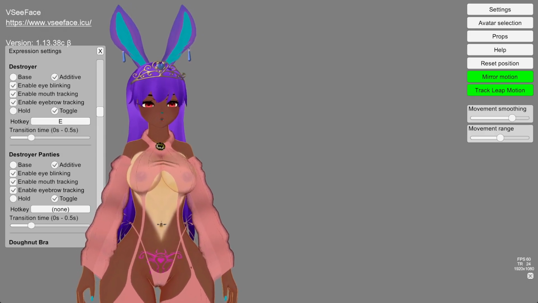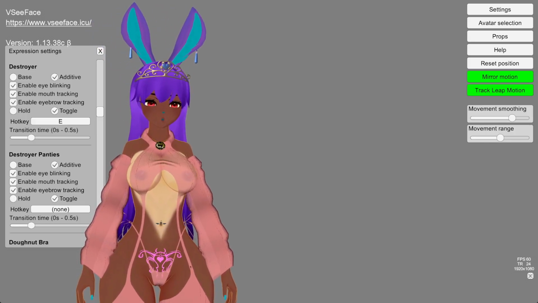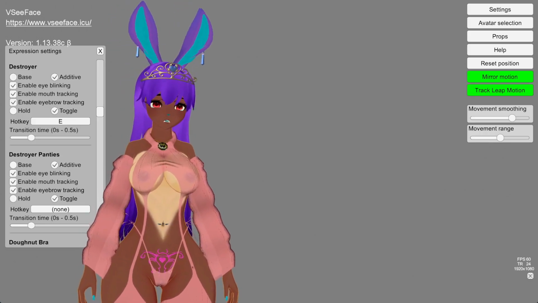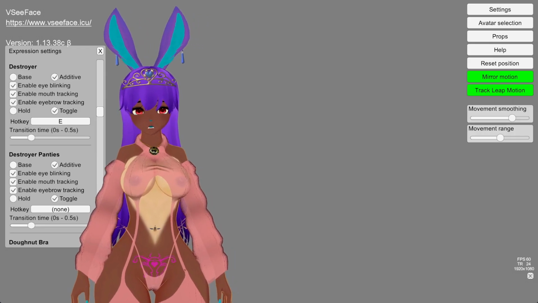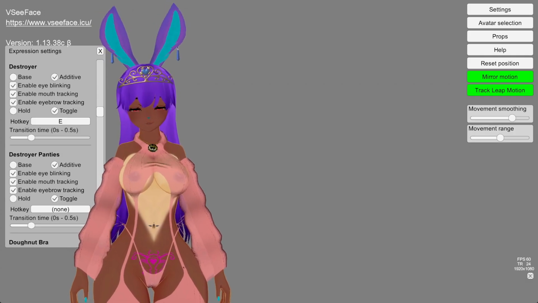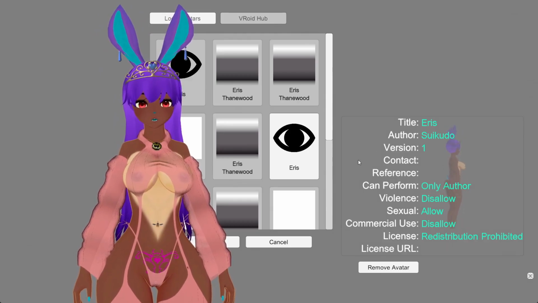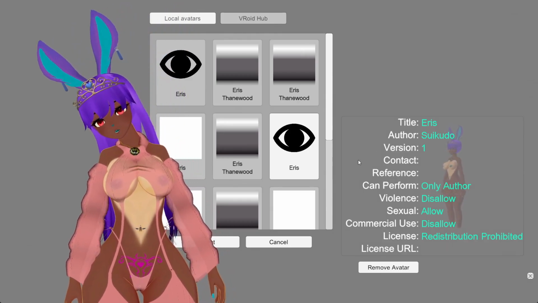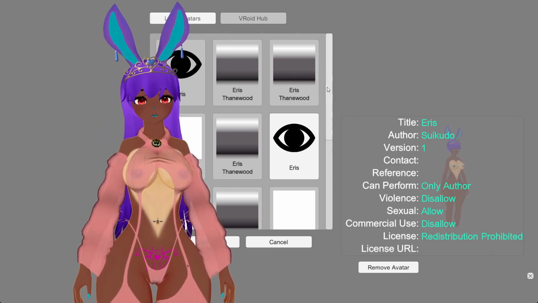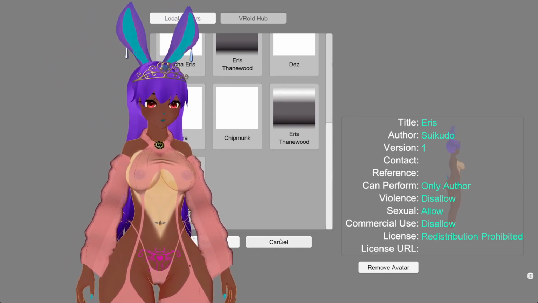It doesn't look anything like what I look like right now. In fact, a lot of people, myself included, think that the VRM shaders look really, really bad. And any opportunity that you can use to change those shaders, you should absolutely do so. But when you first open up the software, it's going to look something like this. Your list isn't going to be as full as mine. You're going to have to click a plus button that says add avatar